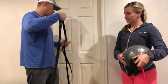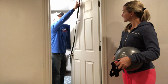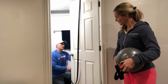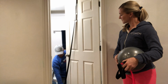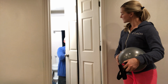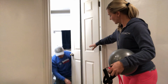So now we can open up the door. Put these two parts on either side of the door. Bring this down. Give it some more. I need to give it more slack. And then tighten it up on the other side where I'm at. So tighten it up behind the door, not in front of it. And you see how